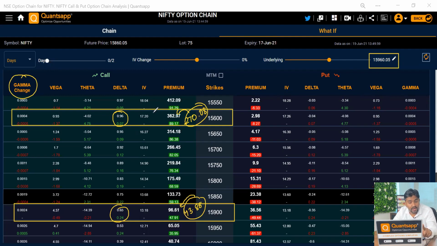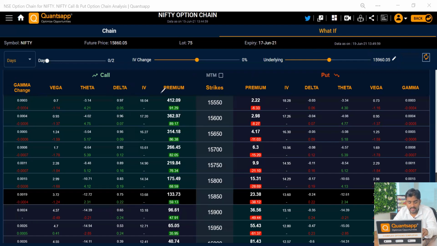Okay. Now we understood the effect of the change in the spot price. If there is some XYZ change in the spot price, how your option price will react is explained by delta specifically. Delta will give you an approximate change in the price of an option if there is a change of XYZ in the price of the underlying. I think that is simple, so we can understand delta very easily.